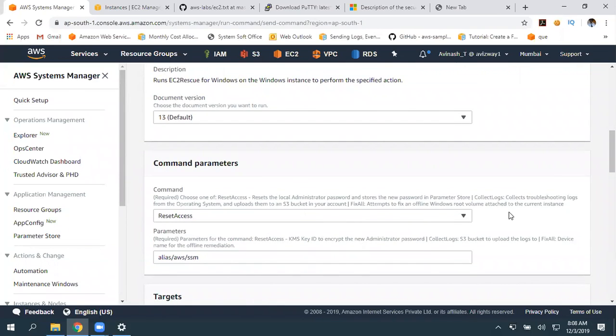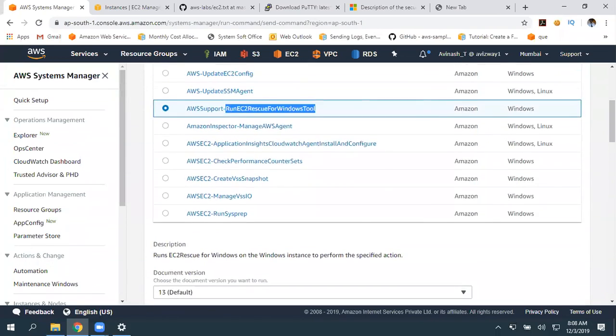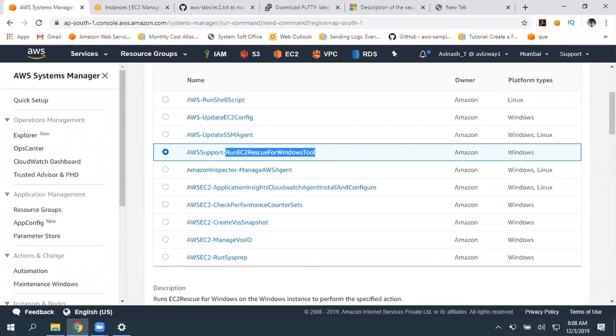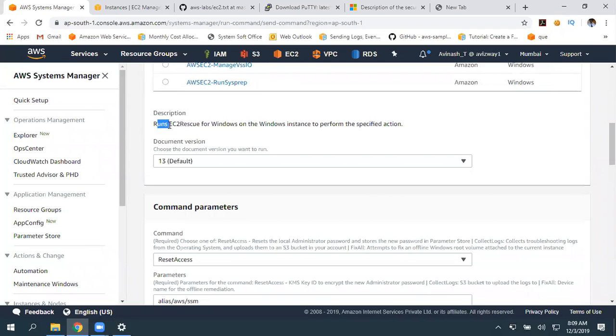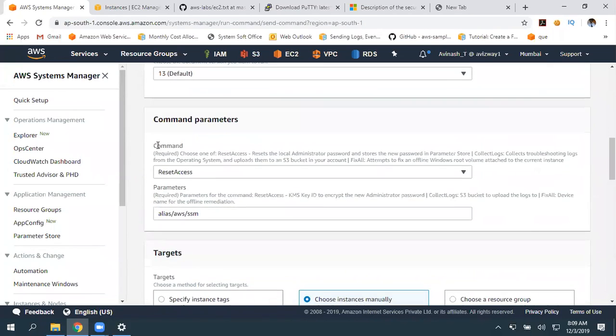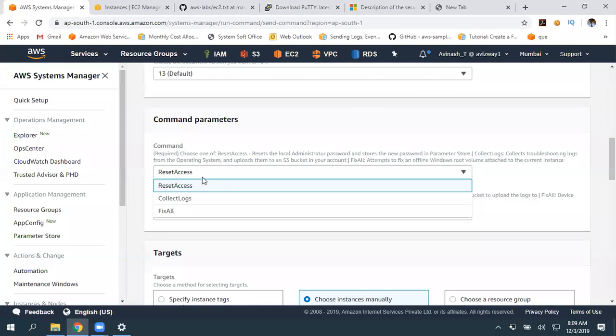For example, you have a local admin user called administrator. You forgot that user's password and you want to reset it. I gave one task, right? At that time I specifically asked you to perform it by using EC2Config only, but you can use this tool also. So just go here, run EC2 Rescue for Windows on a Windows instance to perform the specified action. So here, what action you want to